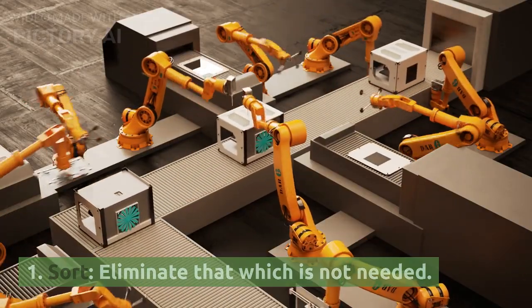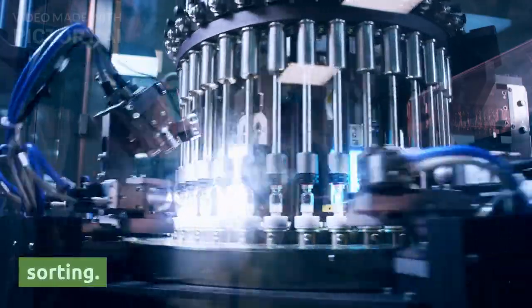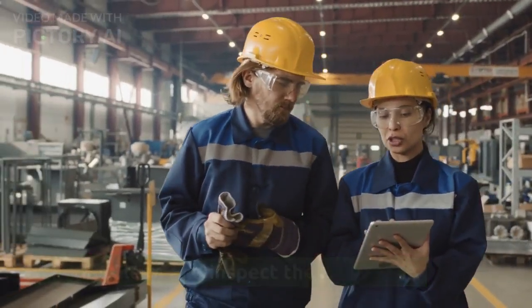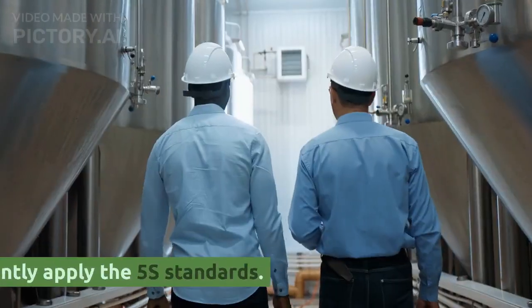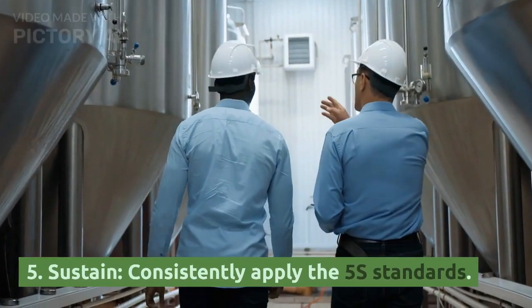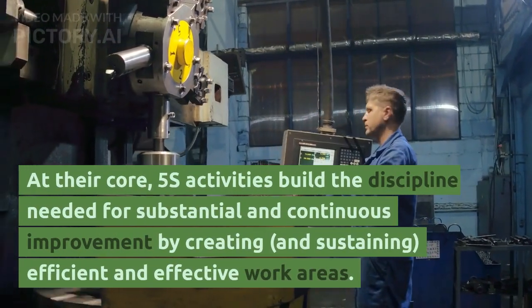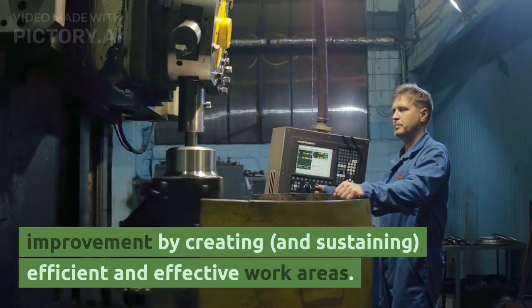Sort, eliminate that which is not needed. 2. Set in order, organize what remains after sorting. 3. Shine, clean and inspect the work area. 4. Standardize, write standards for 5S. 5. Sustain, consistently apply the 5S standards. At their core, 5S activities build the discipline needed for substantial and continuous improvement by creating and sustaining efficient and